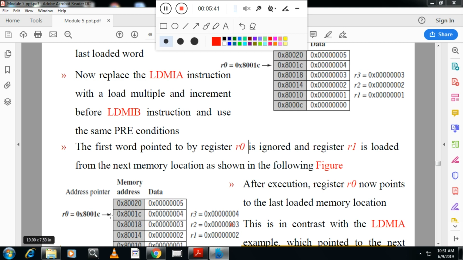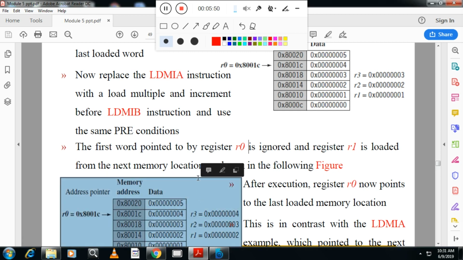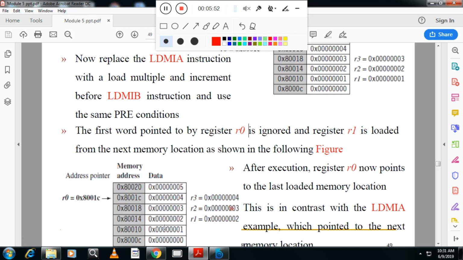Now the base register will get updated with this address. Now it will ignore the earlier base register location, and from the next location it will start loading R1, R2, R3. You see the difference between the first case and the second case.